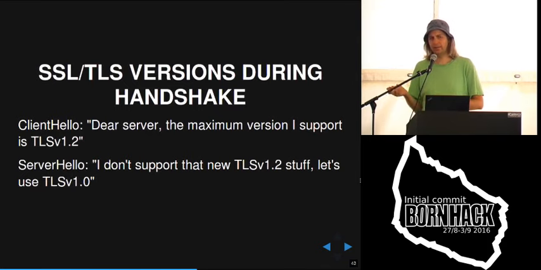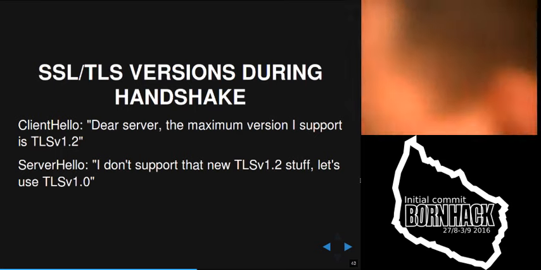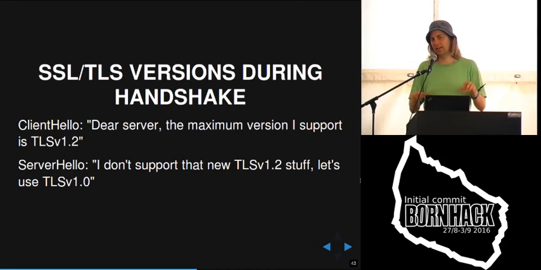You need to understand how the TLS handshake works. Basically, the server and the client need to agree on some version of TLS they both support. The client sends the so-called client hello message and says, dear server, the maximum TLS version I support is TLS 1.2. Maybe the server doesn't support that yet because it's an older server, and the correct way to do it then is to send back a server hello with a lower version number. So it might say, I don't support TLS 1.2, I support TLS 1.0, and then it sends back a server hello, and in case both support that, they can make a connection.